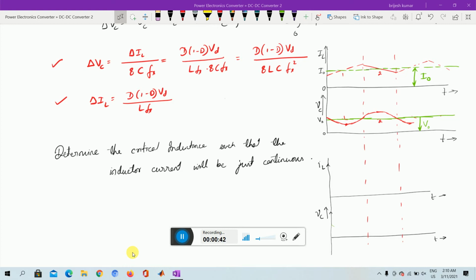The ripple in the inductor current is given by del IL. We can show the ripple part here. The ripple in the inductor current, this is the ripple, so we can name it as del IL. So this del IL is given by the expression that we have already derived, d(1 minus d)Vd by L